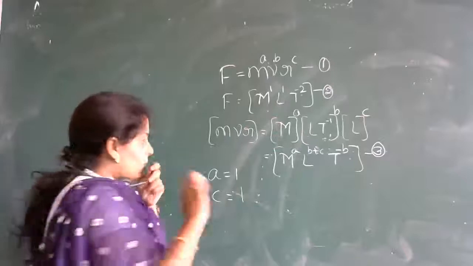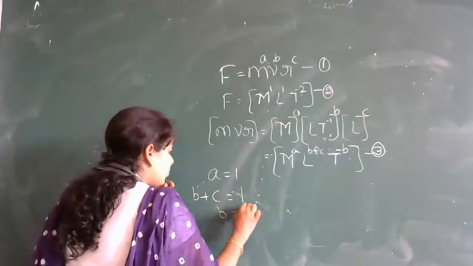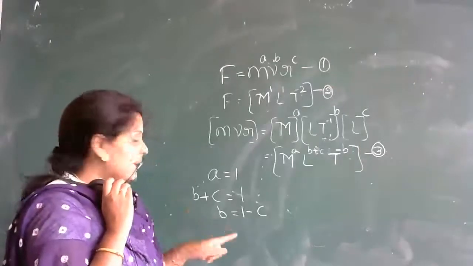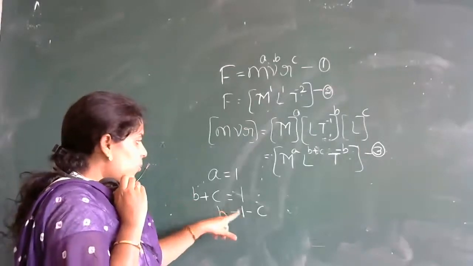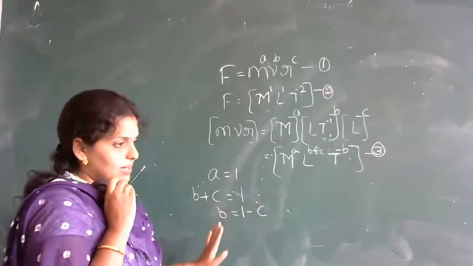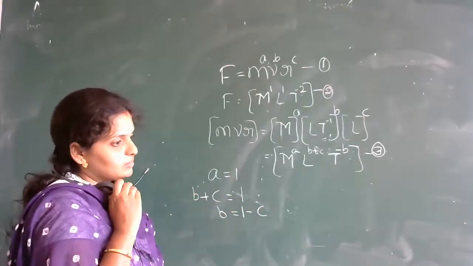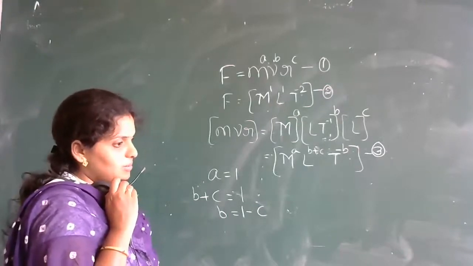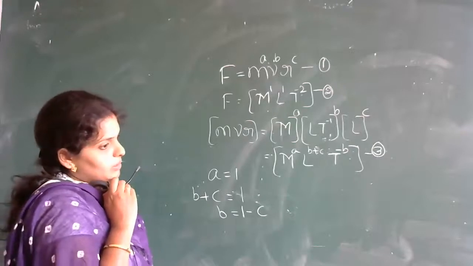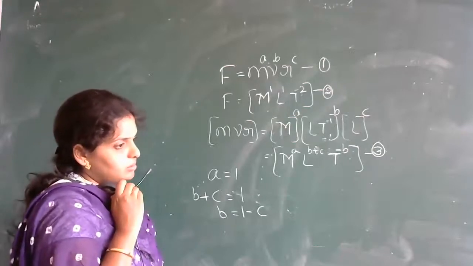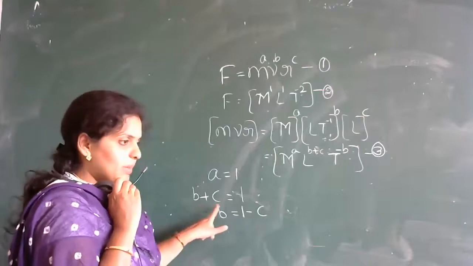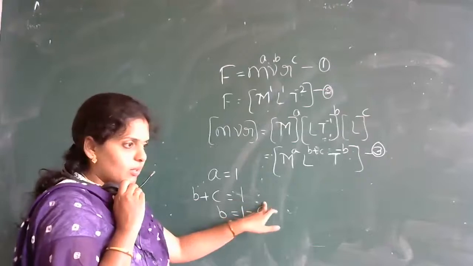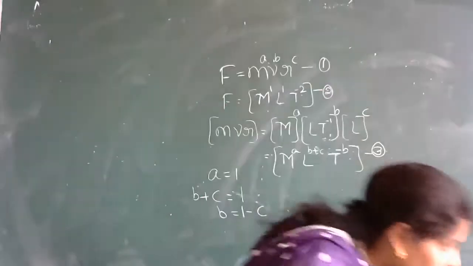Okay. Now I'll write B is equal to 1 minus C. Right? B is equal to what you will get? You will get B is equal to 1 minus C. Is it correct? Everyone understood this step? Bold is clearly visible. This step is clear to everyone. We have B plus C is equal to 1. Therefore, B को इधर ही रखो, C को उस तरफ ले तो क्या होता है? Minus C होता है, right?